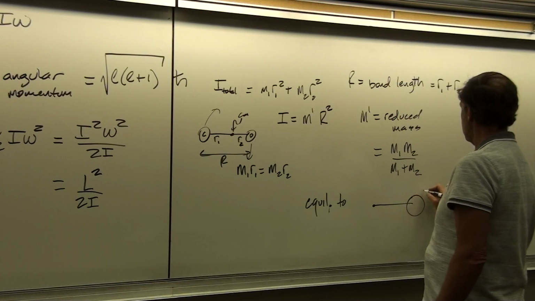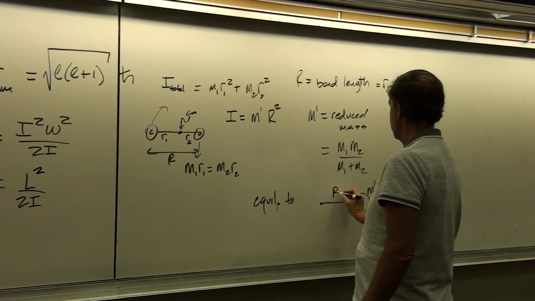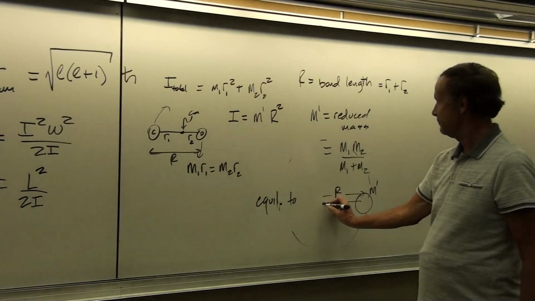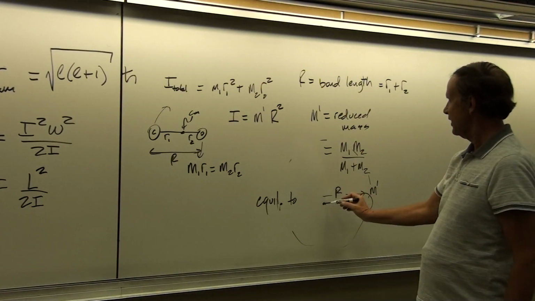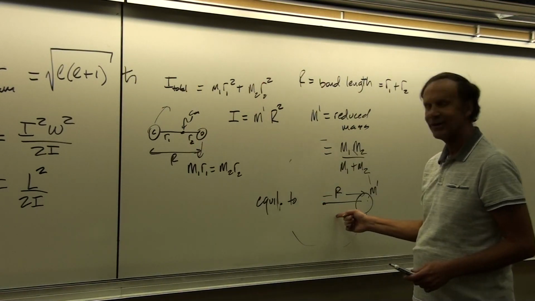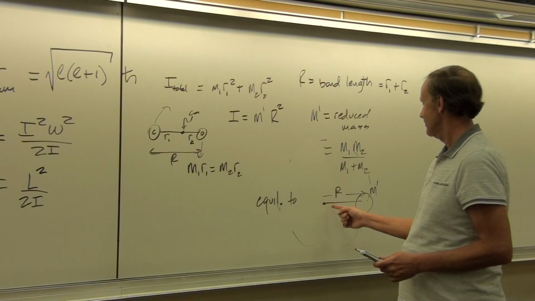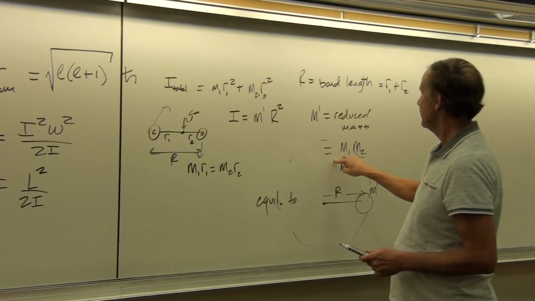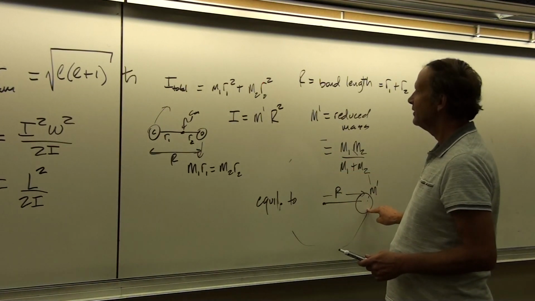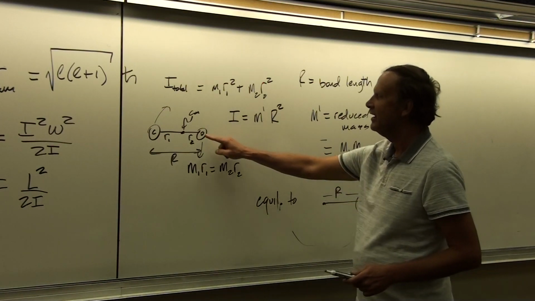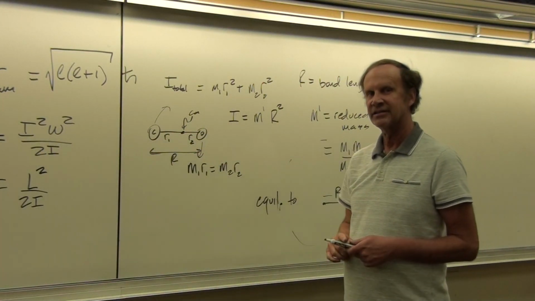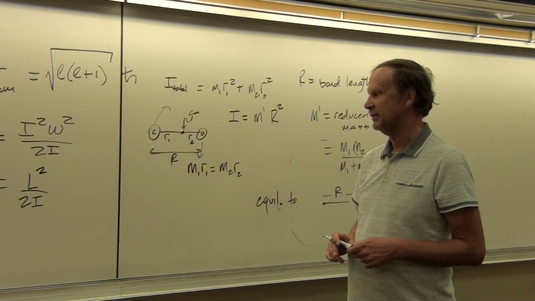Where we have a single mass, M prime, rotating round and round a center here. So this problem is mathematically equivalent to that one, and is easier to work with mathematically. A lot easier to work with if we just have a single mass, but we just have to write it in terms of its reduced mass here. But then we're dealing with the bond length and not the distances from the center of mass to each atom, which is not as convenient for these kind of problems.